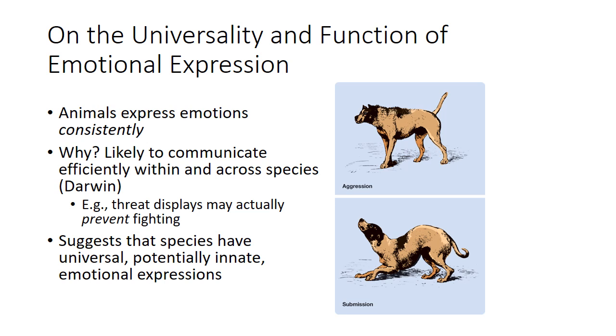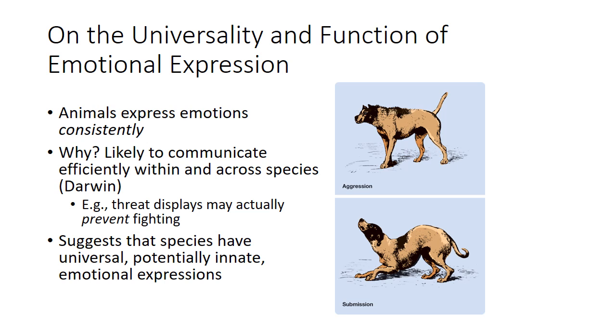And if you notice that happens consistently, so every dog basically does it the same way, well, why are they doing it, right? What is the function of communicating emotions like that? Well, Charles Darwin and many others after him suggested that we use emotional expressions to communicate efficiently within and across species. So, for example, a threat display, like the aggression display from the dog, is actually a way of